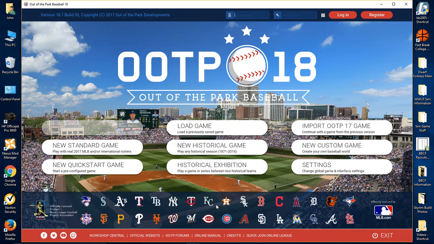A little before my time, but so you have historical games, and you can start at any season between 1871 and 2016. Whatever year you choose, it will create the league in the image of that year. So if,